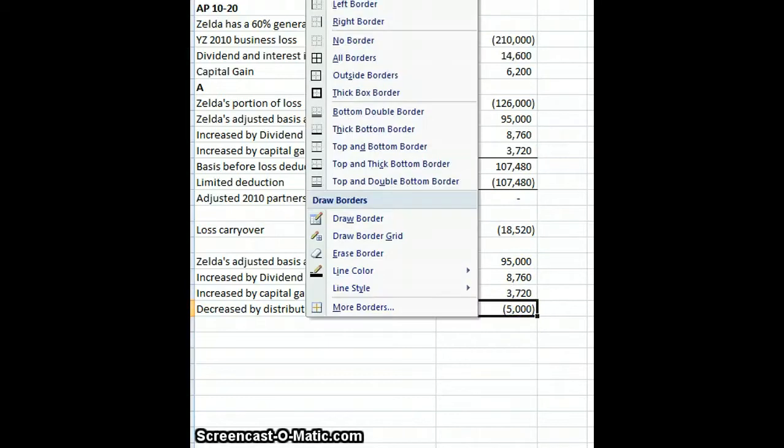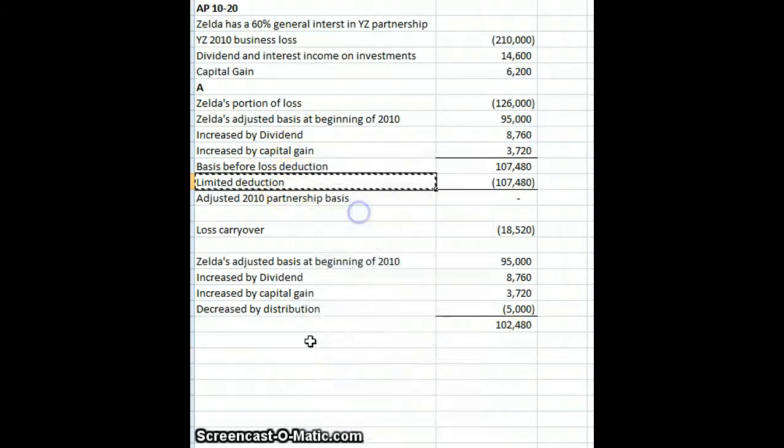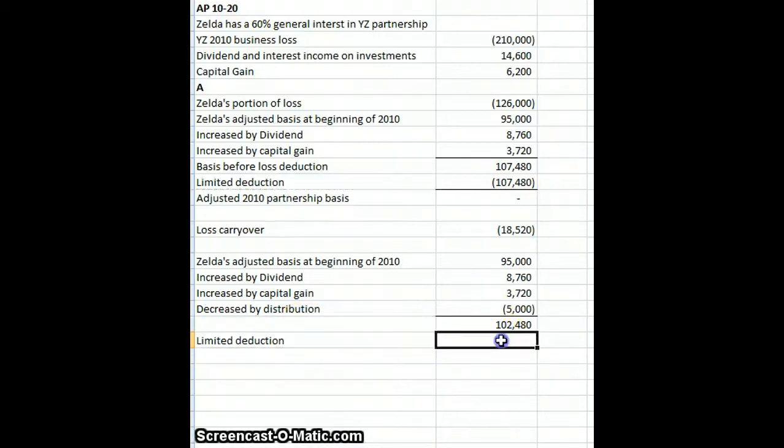So our new basis then would only be $102,480. So my limited deduction that I could take is only going to be $102,480